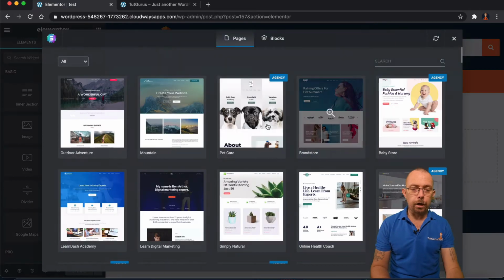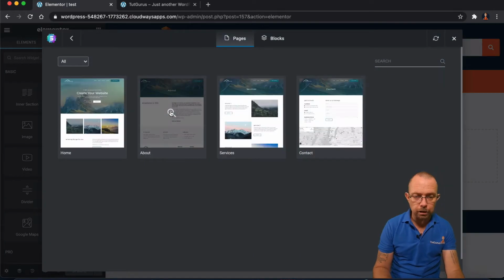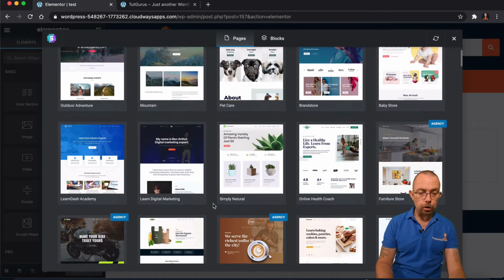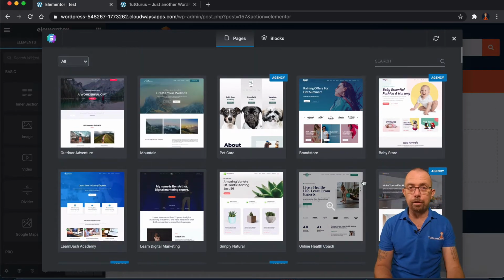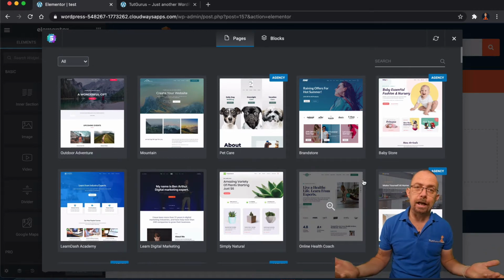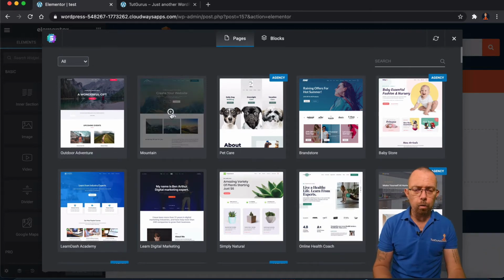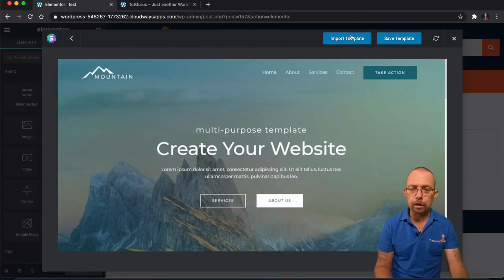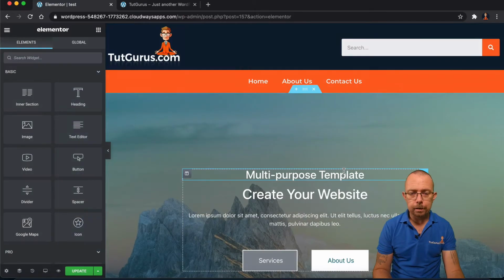For the Astra one, I'm just going to click on it. These are pre-built themes using Astra, so you could actually, in theory, come in here, select one of these, change a few little things, and you've actually got a website. But the reason I want to use this is so that I can explain some things coming up. So I'm just going to import that. Just going to quickly import the template, and cool.